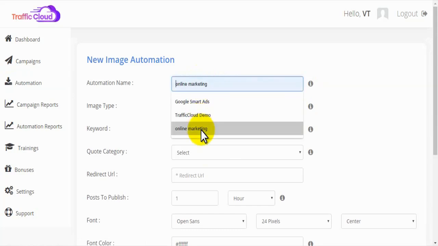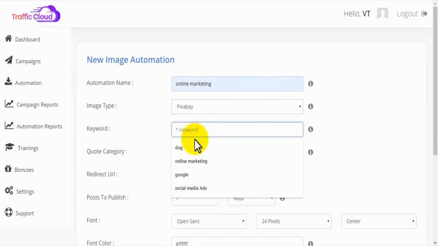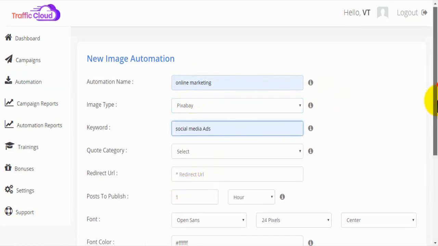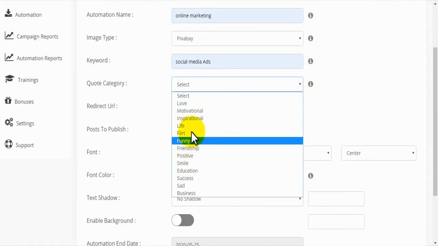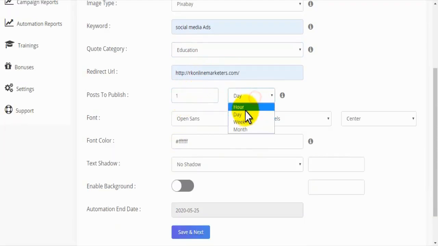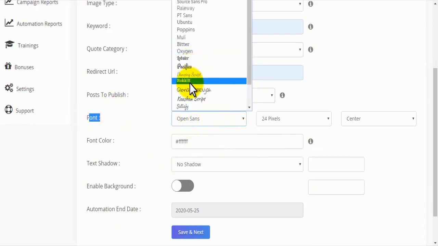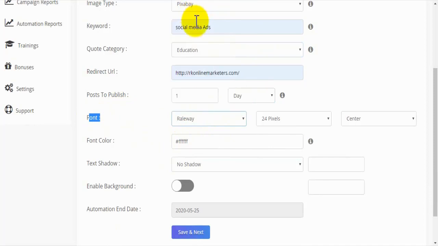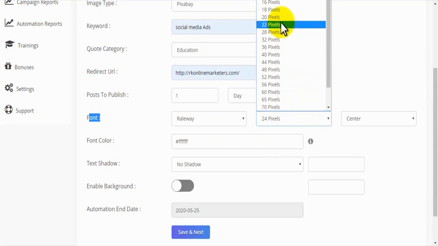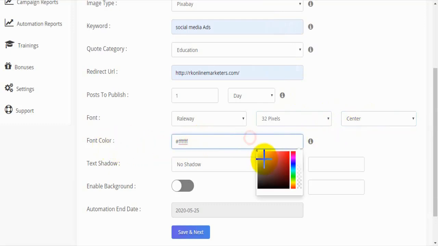And just like we did before, we give the automation a name. We're going to choose a source where we're going to pull those images from. We can give it any keyword we want, and then we can choose a quote category. So it's going to kind of randomize quotes based on that category. The redirect URL, you can send that traffic anywhere you want. Choose how often you want TrafficCloud to publish it for you. So we'll just say one per week right now, or 1 per day, sorry. We'll choose the font, choose the size, choose where you want it, pick the font color,